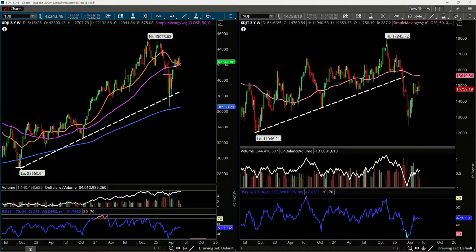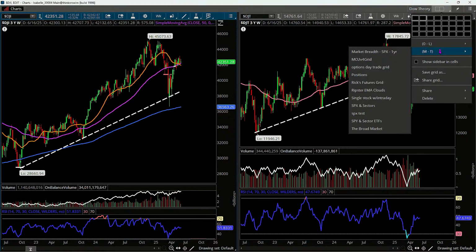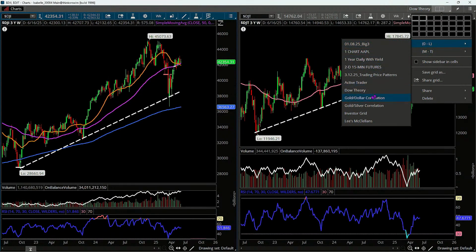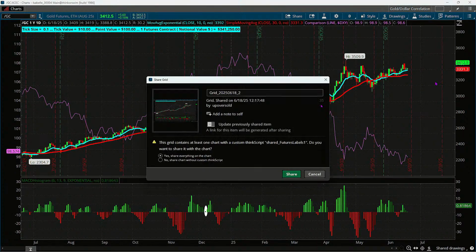Thank you, Ben, for my disclaimers there. And here's the Dow theory grid for you. And then the other one was the correlation of, let's see, the gold and dollar. So let's just share that one with you guys as well, just so you've got an understanding.